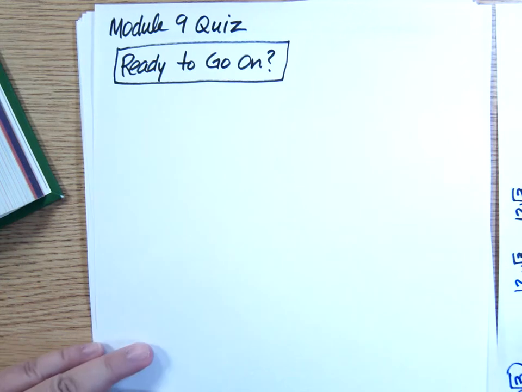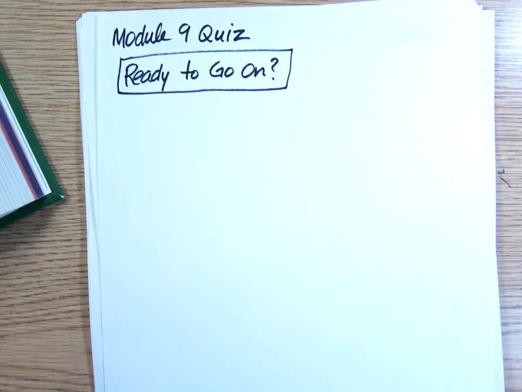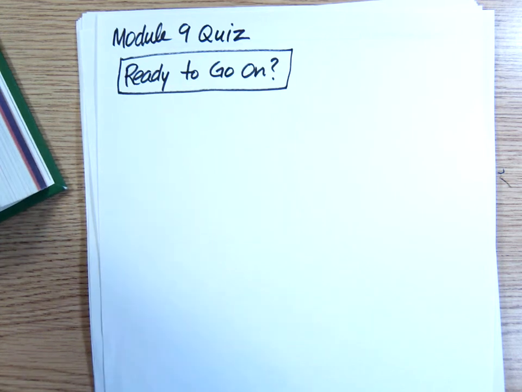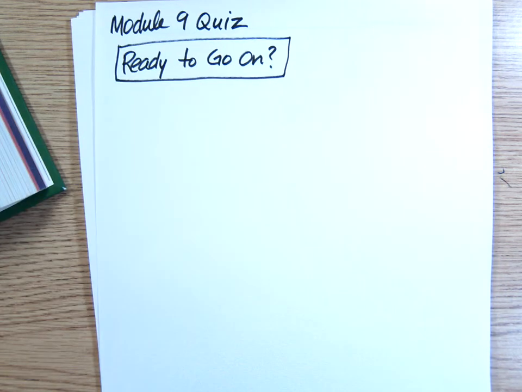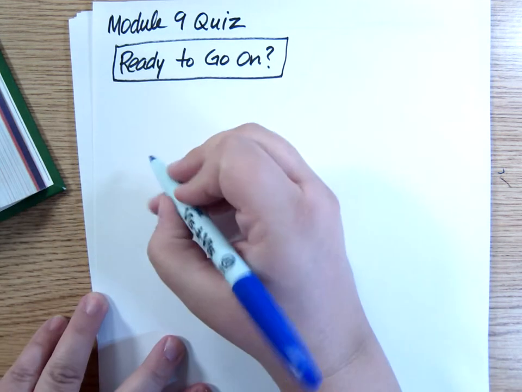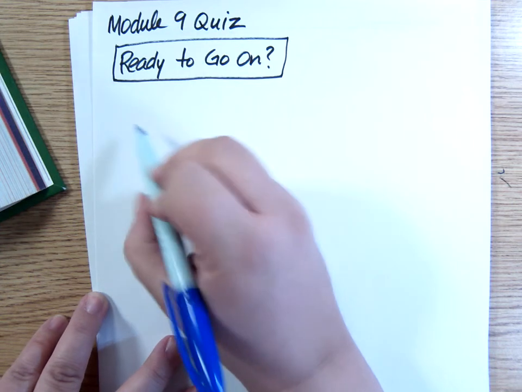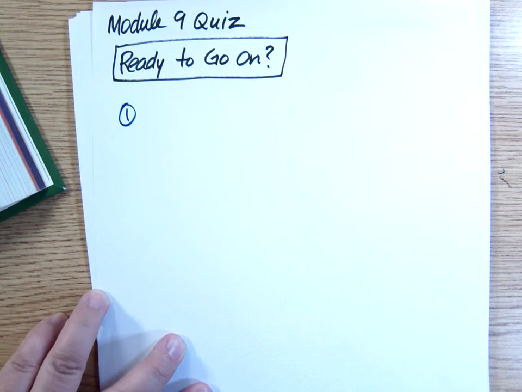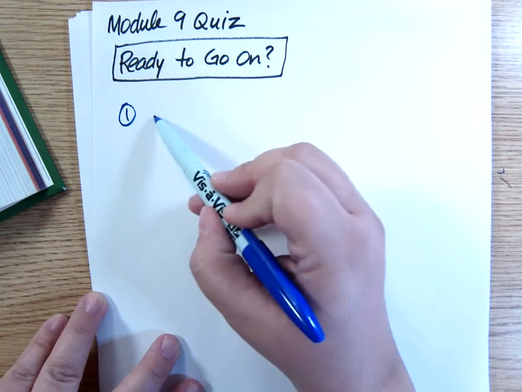I'm not going to write the problem in the interest of making this video short enough to upload. So you need to look at the problem as I'm doing these. And you can always pause to compare my answers or my work to what you did when you were doing the problem. So first one, find the value of x, give the answer in simplest radical form. The 5 and the 9 are the legs of that right triangle because they meet at the right